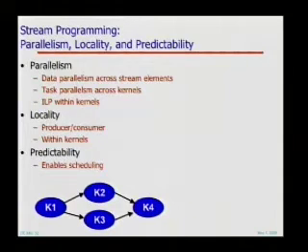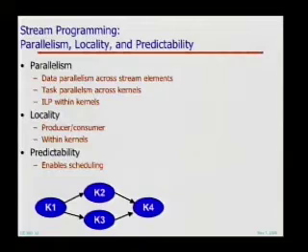One way we view things is as a stream program, where we have kernels that do operations on data, and they pass streams of data between them. Much like in the finite element code, a stream of data was the set of cells you're operating on or the set of fluxes produced by those cells. And this gives us a couple types of parallelism.